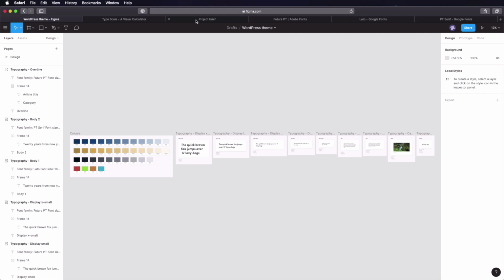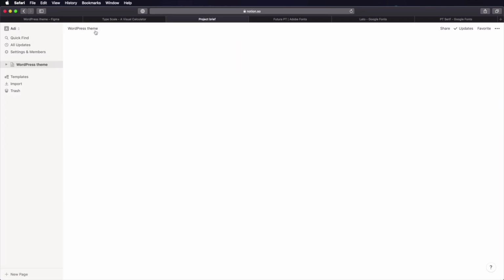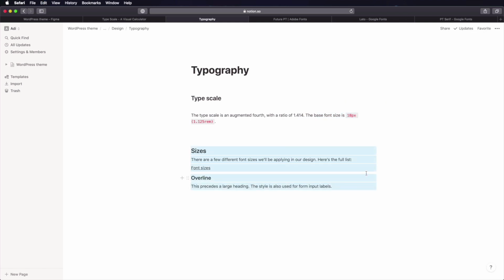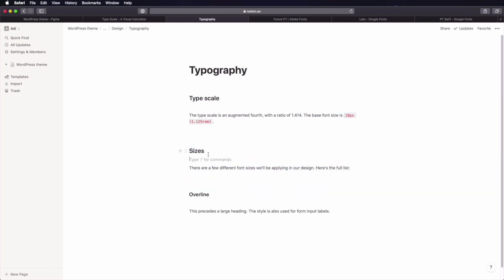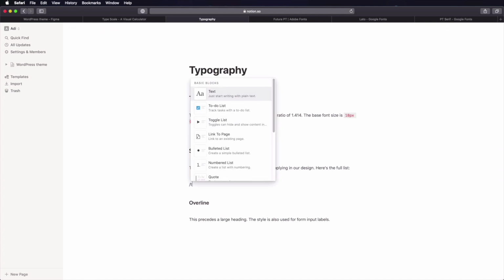Now you can jump into Notion. You can go to your design system. Under design, you can create a new page here for typography. And you can start by defining what's the type scale, right? It's an augmented fourth. You can specify the ratio. You can specify the base font size. What else? You can talk about the font sizes, right? You can create a list of sizes with a